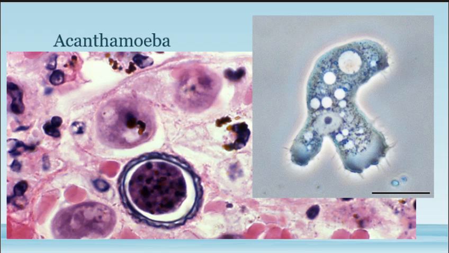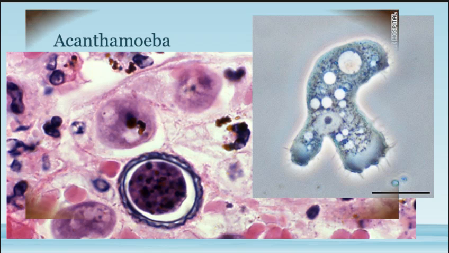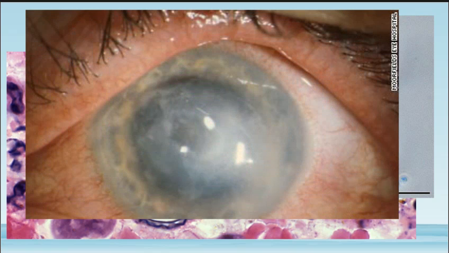An acanthamoeba it's called. And if it doesn't get treated, prepare yourselves for the next picture. At this point, this has gone so far that the person cannot see. They would have to have a surgical procedure to remove the lens and the cornea of the eye and replace it. The cornea you have to get from a dead person who donates it to you.